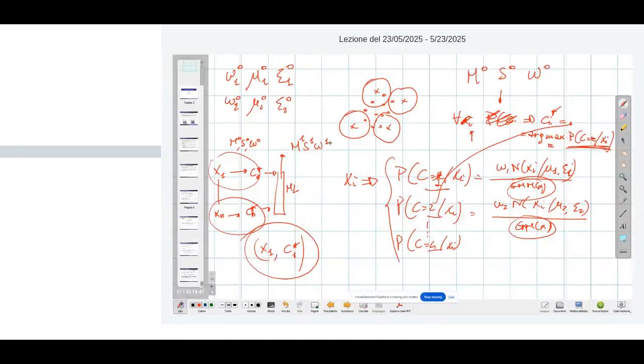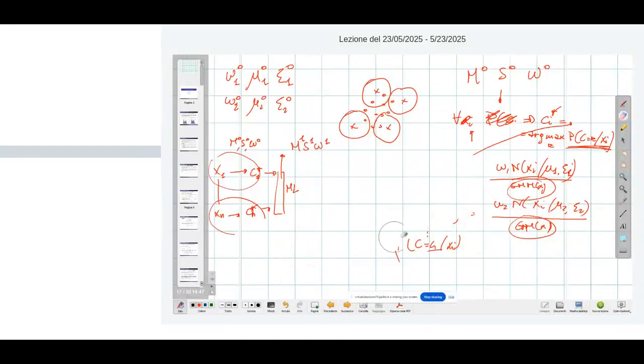How? Well, essentially, I will split my data in clusters. So I will take all the points that have been assigned to cluster 1, so all points i for which Ci star is equal to 1. Then all points for which Ci star is equal to 2. So I divide my data set into partitions based on the cluster label. And then from this, I compute mu1